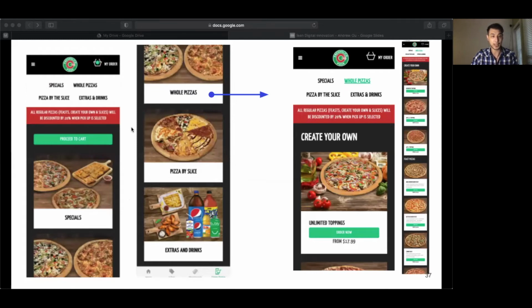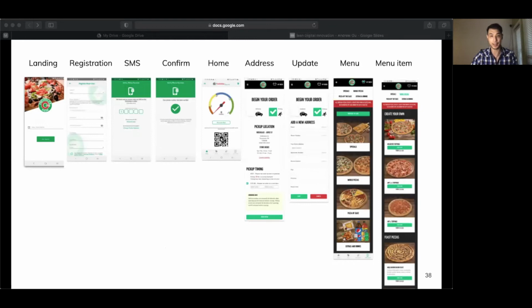Afterwards, I see the menu category. And this is actually also pretty flawed because the menu here is actually very, very big. It takes up like half the screen on mobile phone. And then I tap on that, and then I can see the menu and then start ordering. So it took altogether 9 steps.